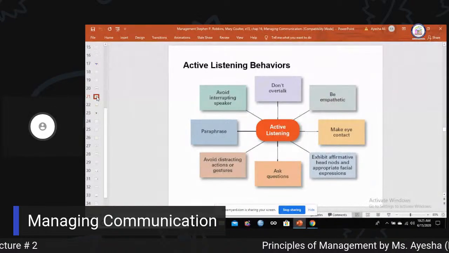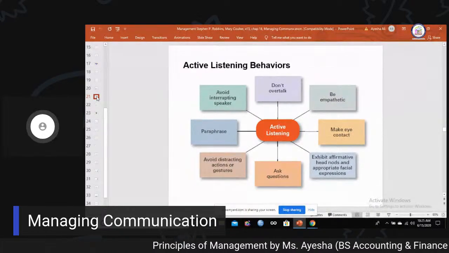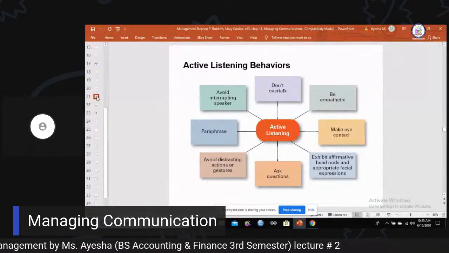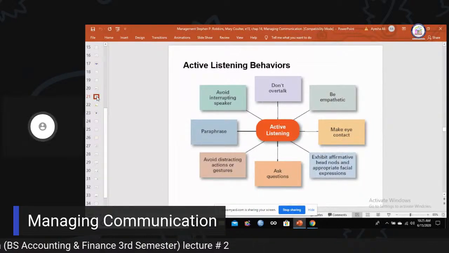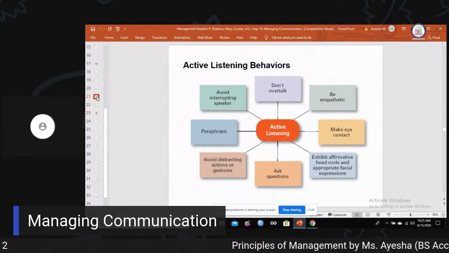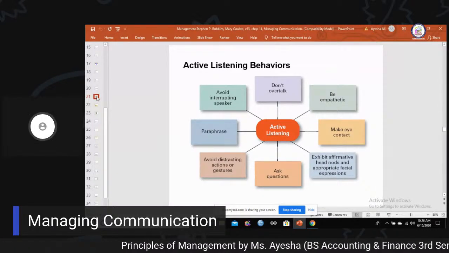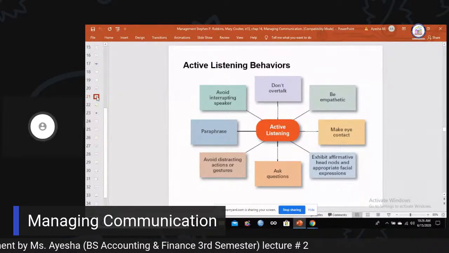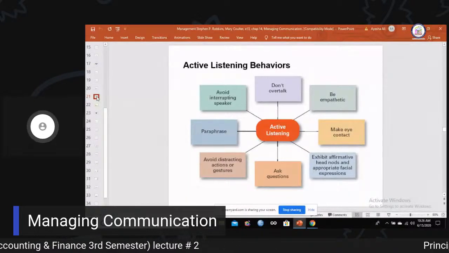Avoid interrupting the speaker. We don't have to interrupt the speaker, because then it's discontinued and the sender is distracted. So first the sender or speaker has to complete their sentence, then we can ask or paraphrase it. Okay,